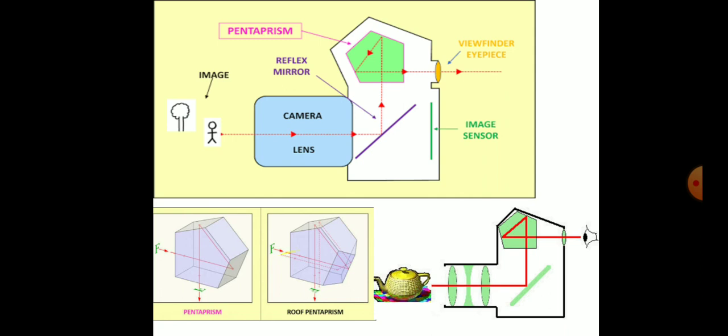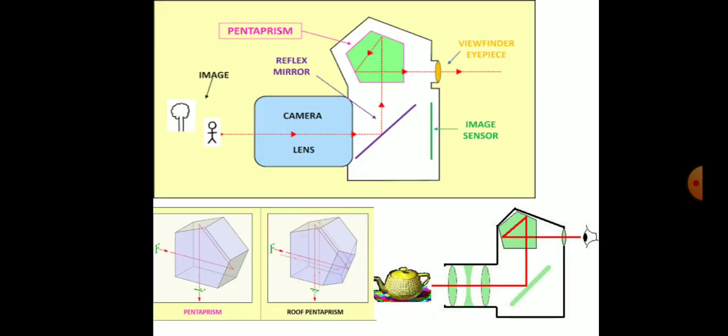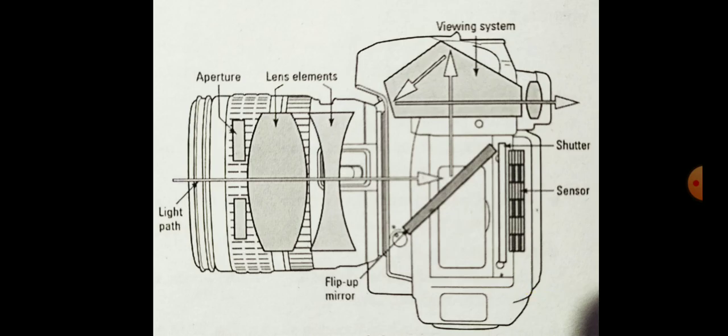This is a reflex. We already read that this is called a reflex system. So in SLR cameras this reflex system is there, and that is why SLR is different, and viewfinder and rangefinder cameras are different. Parallax error cannot happen in an SLR. Understand this concept. So again, the anatomy of an SLR: